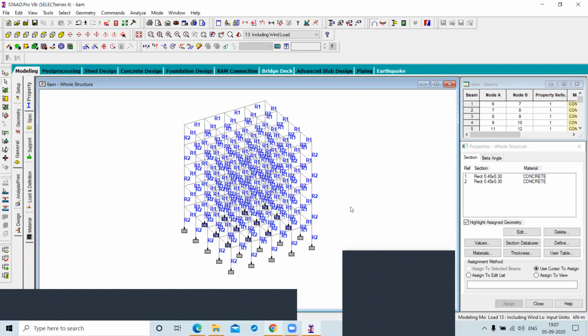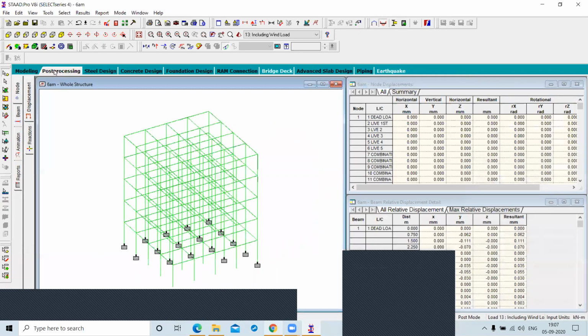How do we open that deflection window? Go to the post processing tab, and we have discussed the node deflection here in the node. This is the node deflection window, the table is coming, right?